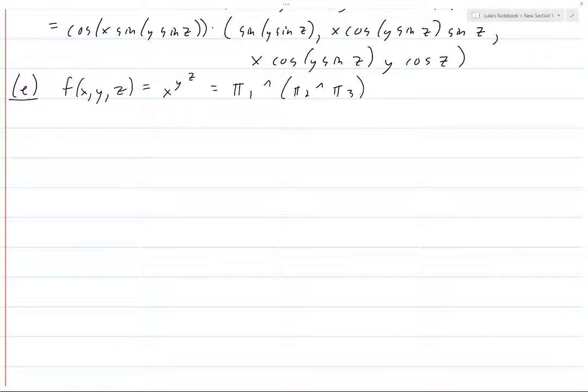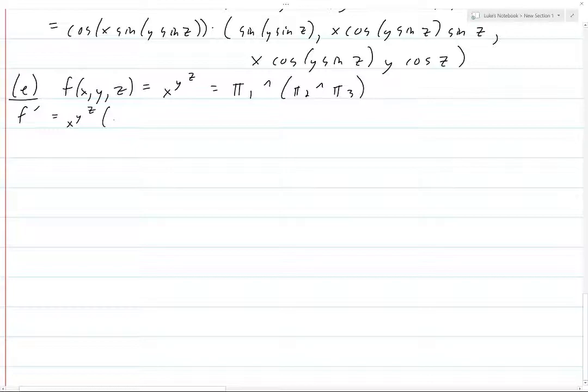Okay, so it's how to take derivatives of one function. It's if your function is a function to the power of a function, how to take the derivative. We're going to be using that here. But we're going to be using it even more. So anyways, f prime is going to be, so you start with what you had at the beginning, so x to the y to the z, times, and so we're going to start on the outside and work our way